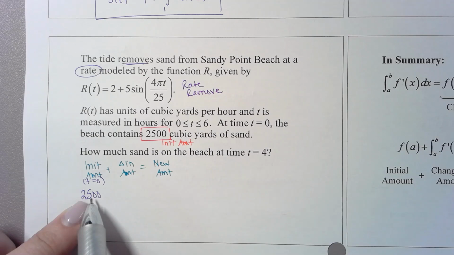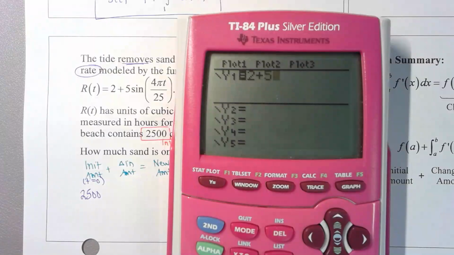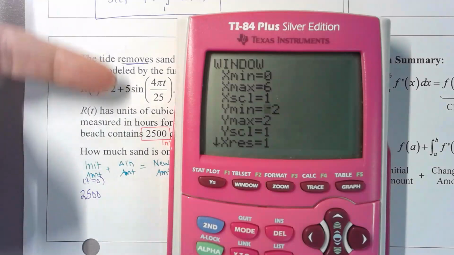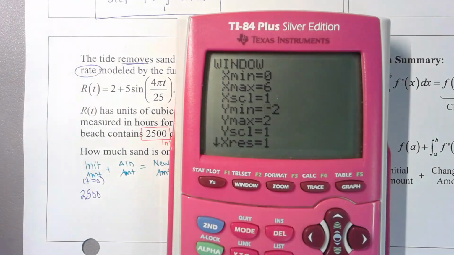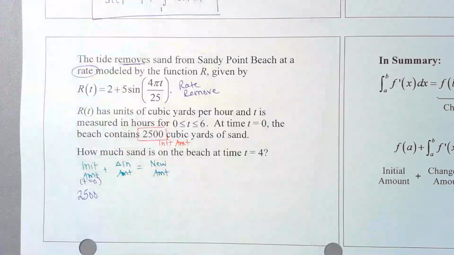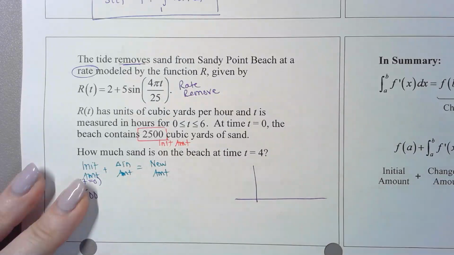Because what I'm going to do, I'm graphing this. Actually, we'll put our calculator right over here. 2 plus 5 sine of 4 pi x over 25. They said that this graph was valid from time 0 to 6. And I'm just using my trig stuff that the midline's at 2. I don't know, I'm going to go from like 0 to 7. Okay. This right here is the graph of the rate of removal. And I'm just going to come over here and just sketch it, if that's okay. From 0 to 6,